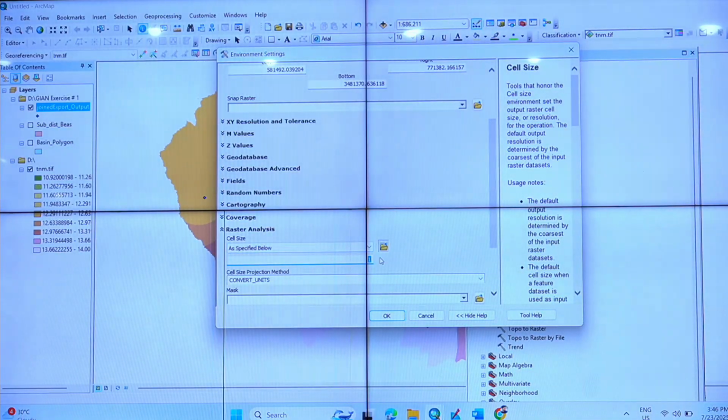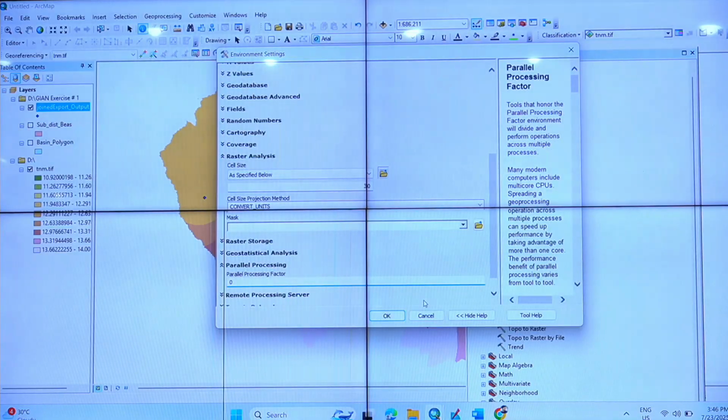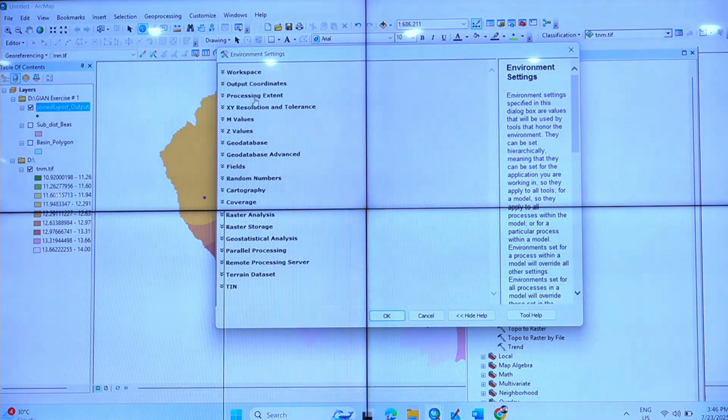There is reflection also. Reflection is coming from here also, from here also. So that is a problem. 30 meter. Oh, parallel processing, put it 0. Huh? Oh, sorry. This happens many times in a hurry.